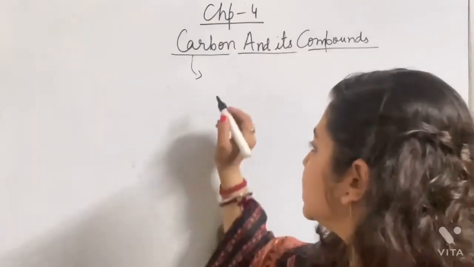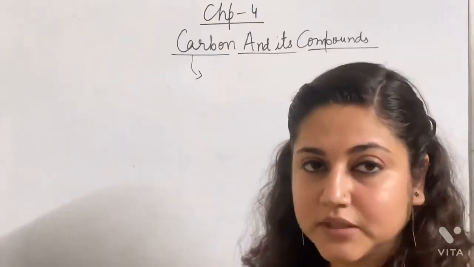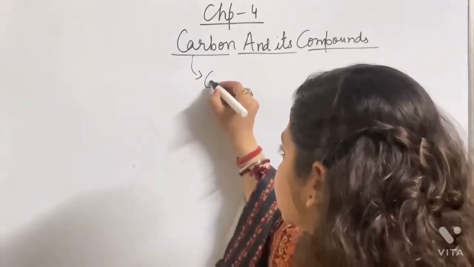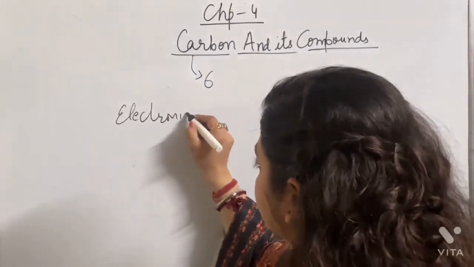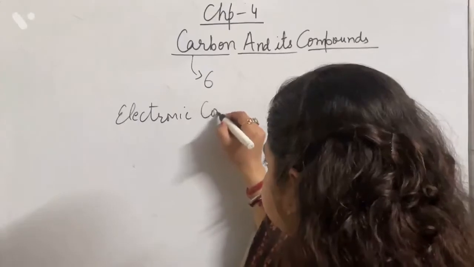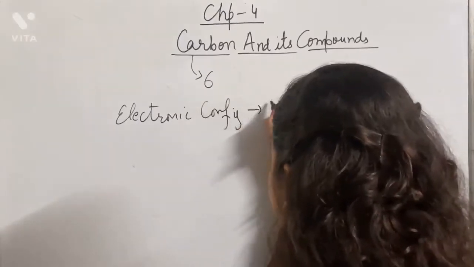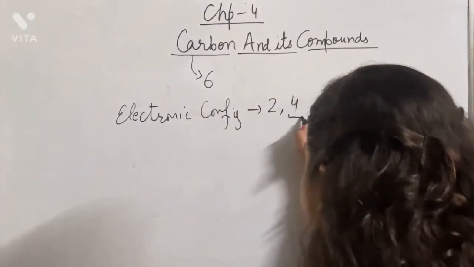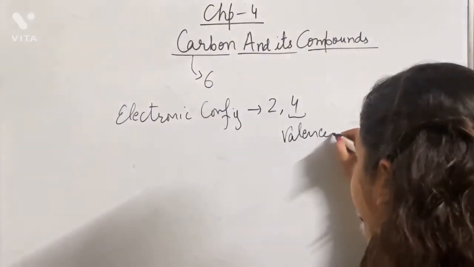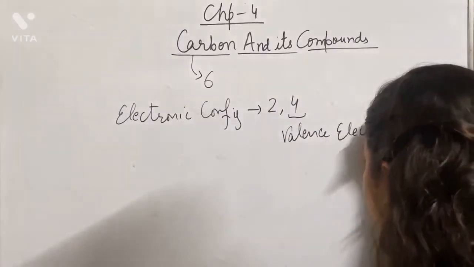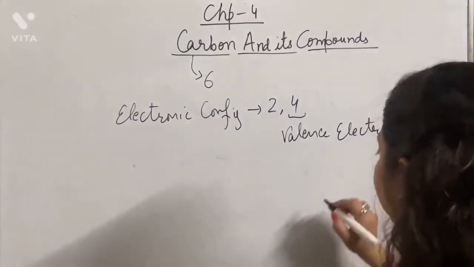So carbon is just an element in the periodic table with atomic number 6, and the electronic configuration of this carbon is 2, 4. This 4 represents the valence electrons of carbon, and these valence electrons are responsible for